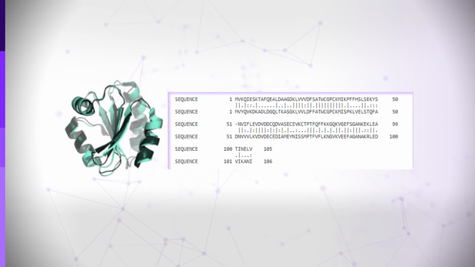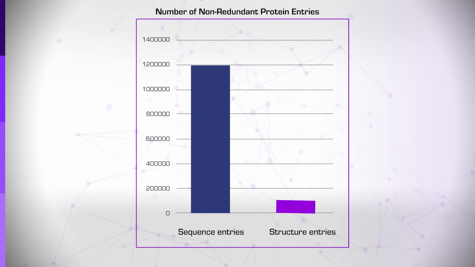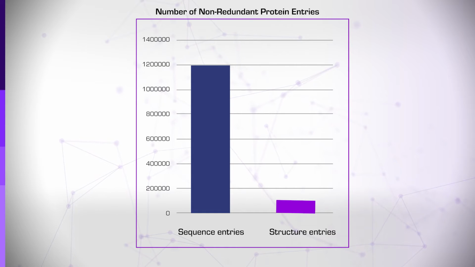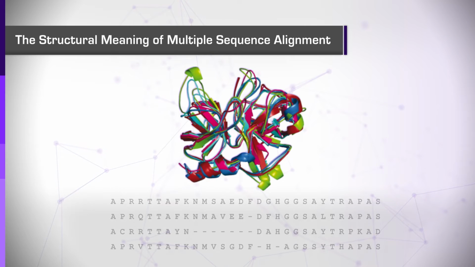In fact, the utility of multiple sequence alignment was validated by showing that when structures are available for all organisms and sequence alignment is performed in parallel to structural alignment, we get similar results. However, as you know, a lot fewer structures than sequences are available in existing databases, so in most cases we rely on multiple sequence alignment to help us predict structural similarity. So what is the structural meaning of opening gaps in a sequence?